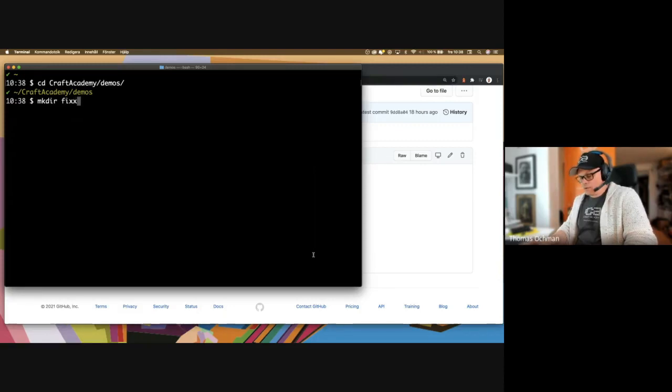FizzBuzz JS, and I'm going to test it with Jest. Jest is a testing framework for JavaScript applications. There are many testing frameworks that you can use, but we're going to use Jest in this case. Right, so I'm going to cd into this folder,